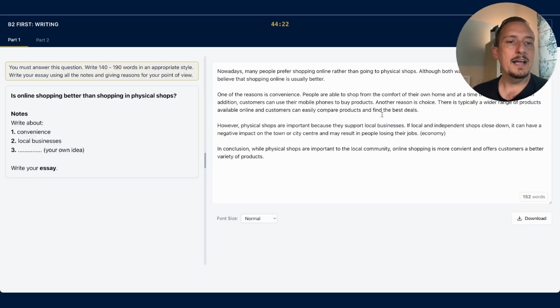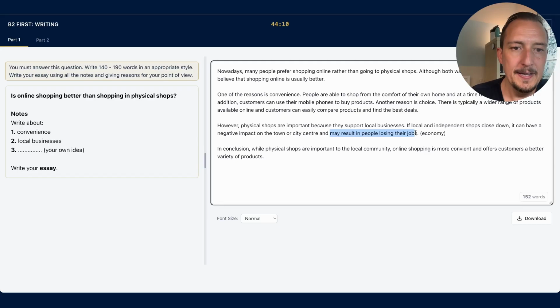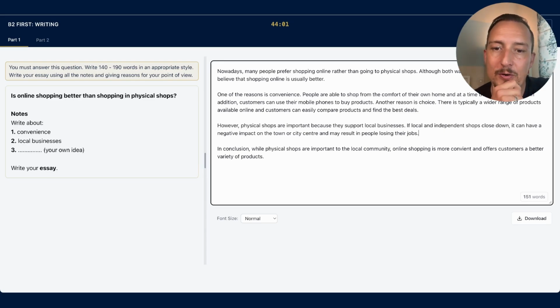If local and independent shops close down, comma, it can have a negative impact on the town or city centre and may result in people losing their jobs. That's a really nice phrase to use there. Great. Let's delete the word economy. We're going to lose a word, but doesn't matter. 151 is still fine. And then in conclusion, while physical shops are important, maybe we want to,